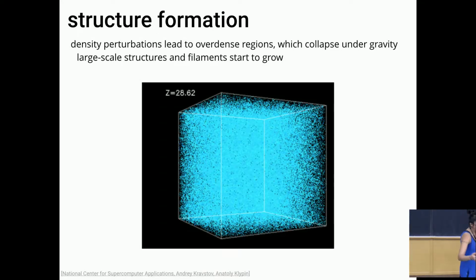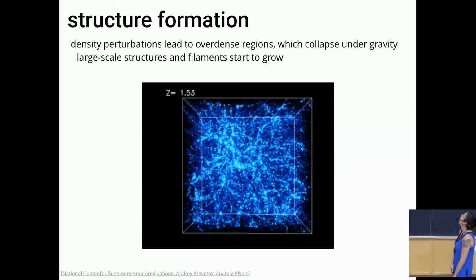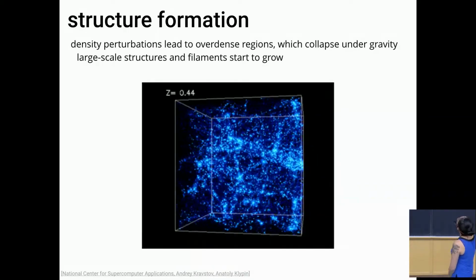All right, so we have the universe, and we have some density fluctuations in the universe. How do we get to galaxies and stars? What we get is density perturbations leading to these overdense regions. The overdense regions collapse, and it's sort of this runaway collapse where